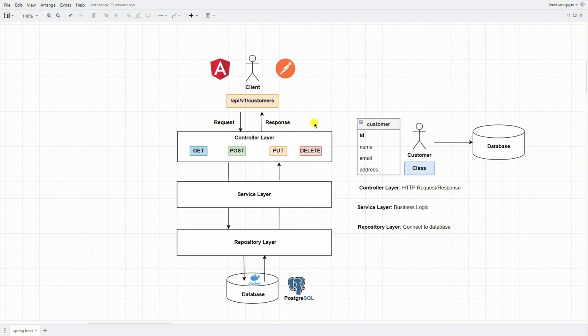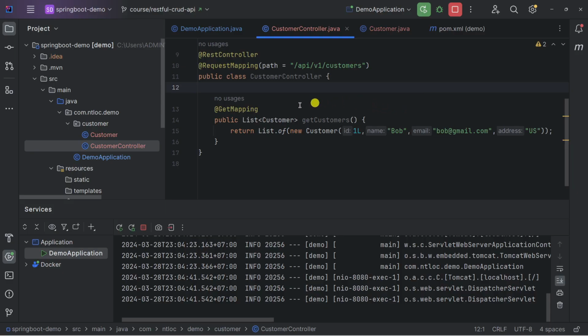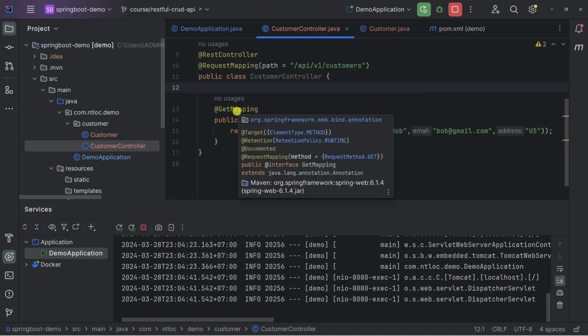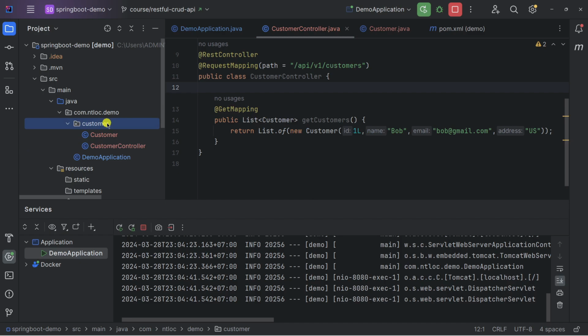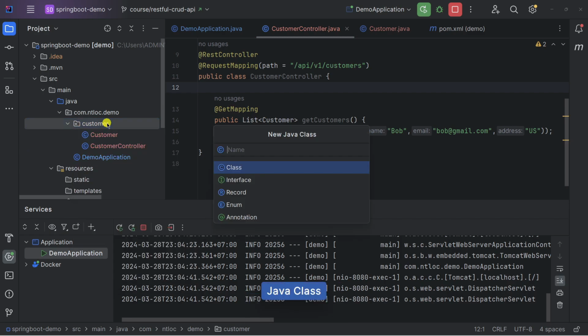Next, let's go ahead and create our service layer to handle business logic. So within IntelliJ, under the customer package, I would like to create a class, and the class is CustomerService.